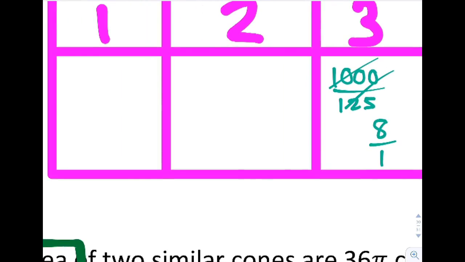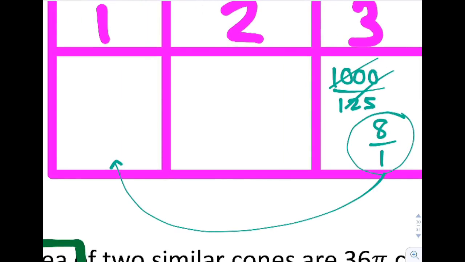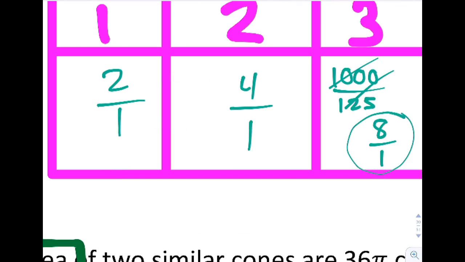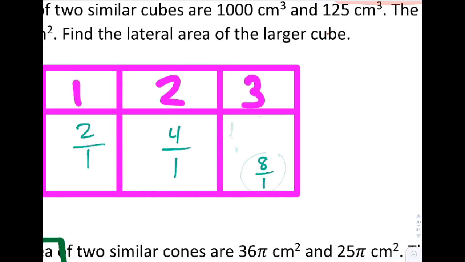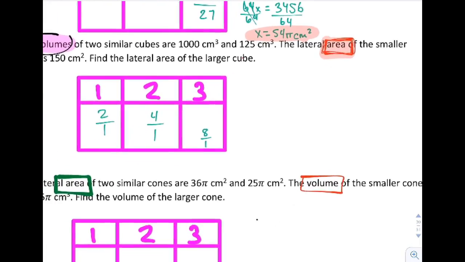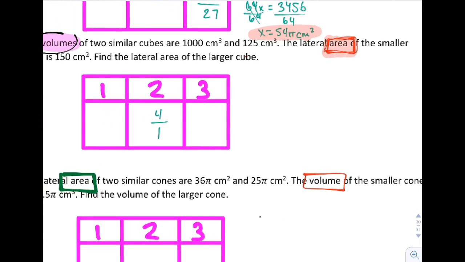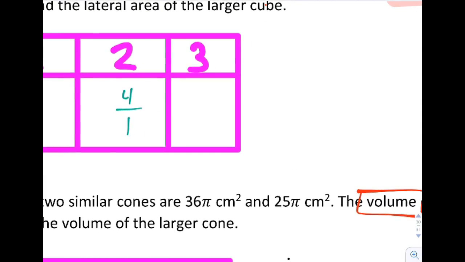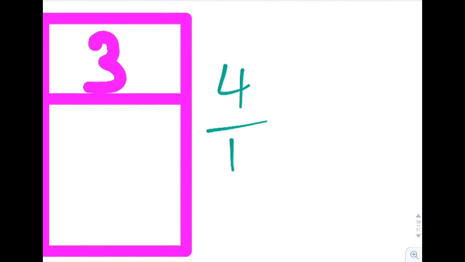So then we take the cube root of this and put it over here. The cube root of 8 is 2, the cube root of 1 is 1. Then we re-square both numbers and we get 4 and 1. So there's our 3 ratios. Which one do we actually need? Area at the end of the problem. So we only need the squared area one, which is to the second power. So 4 over 1